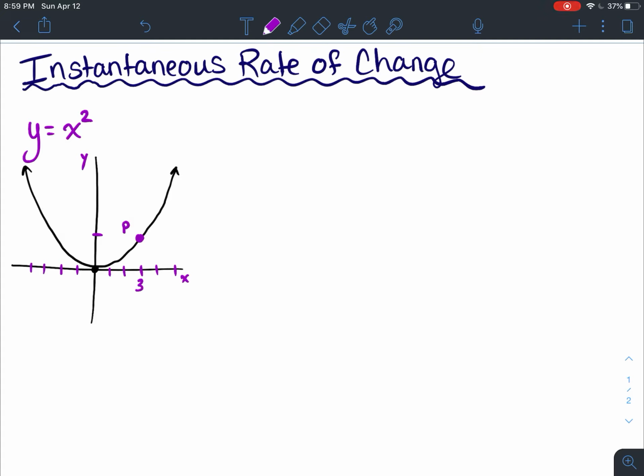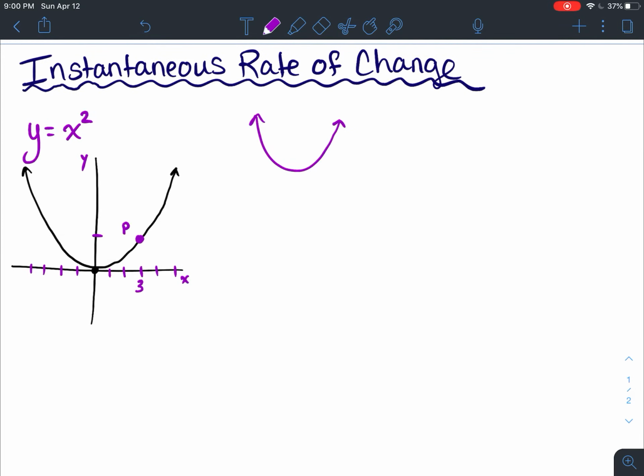So we know that in a parabola like this, the slope, the rate of change, is always changing all the way around the curve. When you have a curve like this, the slope down here will be 0, and then it's going to start increasing. Our slope's just getting bigger and bigger. And on this side, our slope's negative and increasing. So we know our slope's constantly changing, but we want to be able to eventually find the slope at one